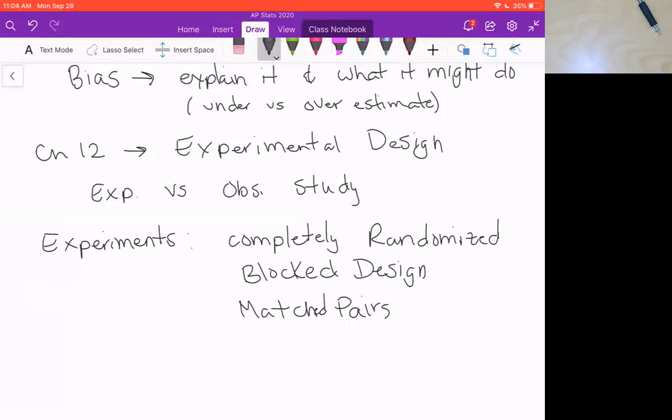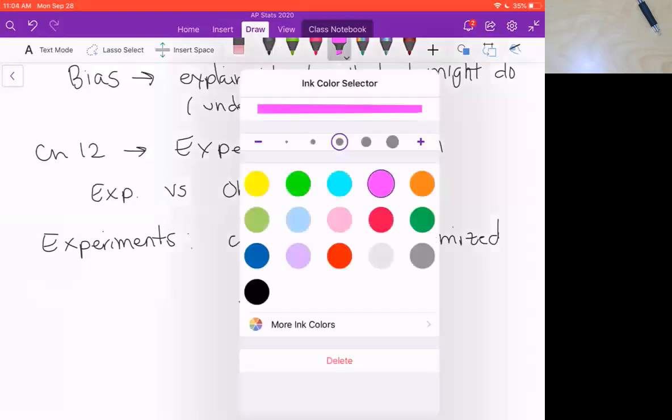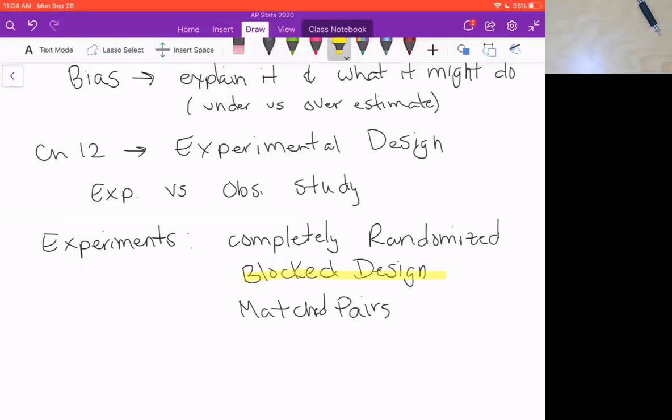Okay, so make sure you know, why do we block? The block design, why would we block? Okay, we block to reduce the variation within the treatment groups. And we believe that that variation is there because there's a certain characteristic that is going to affect our response variable. So whatever that response variable is, there's something that is affecting it.